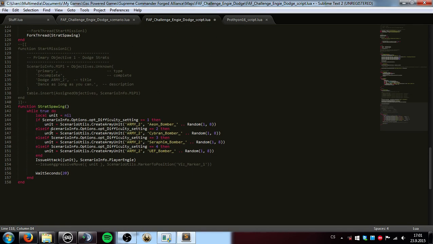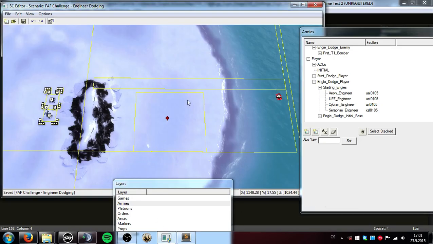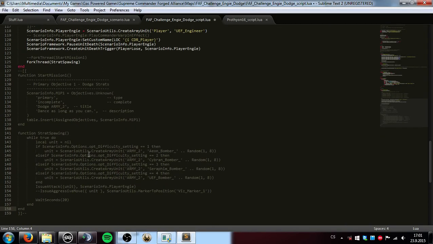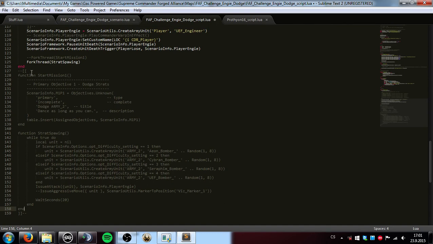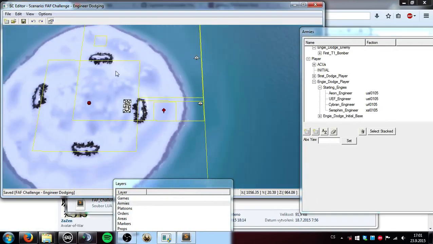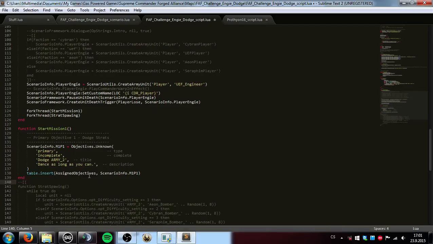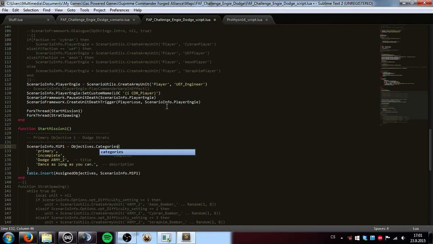And actually we're not gonna use this function as well, since that would just keep spawning bombers every 30 seconds, but we wanna spawn a bomber once you reach this area. But also we could use start mission 1. We're gonna add a mission there, which is gonna be obvious. Get to the target area, and it should be categories in area. In area, primary,